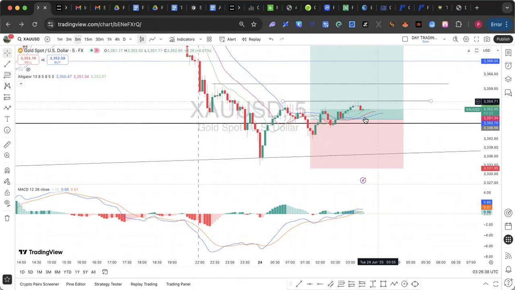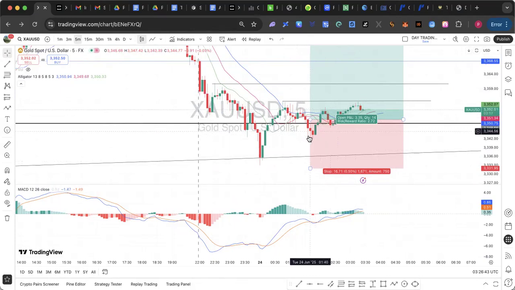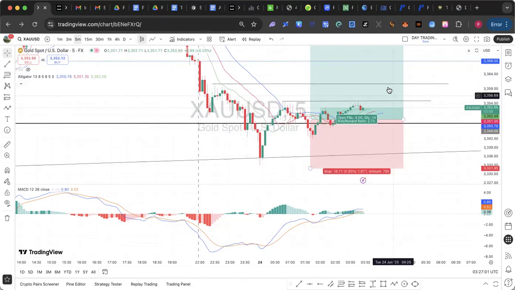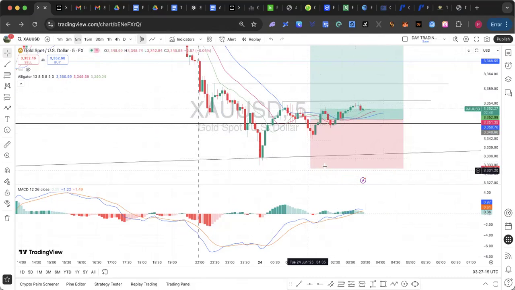But for that turning to get stronger gradually, this pullback here that has created a low here should break above this high. When it breaks above this high, that becomes a change of character. Then when it takes out this high, that becomes a market structure shift, because we're going to have a break of structure. I'm not going into too much detail, I'm just trying to let you know in the price action. But now that you have found an entry, it is a sniper entry and a risky one.